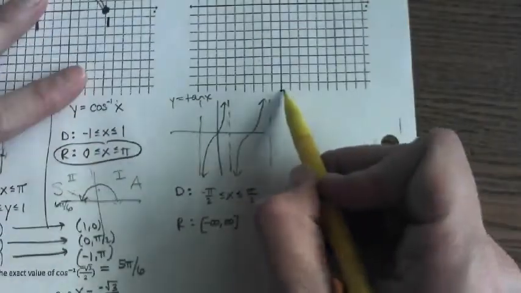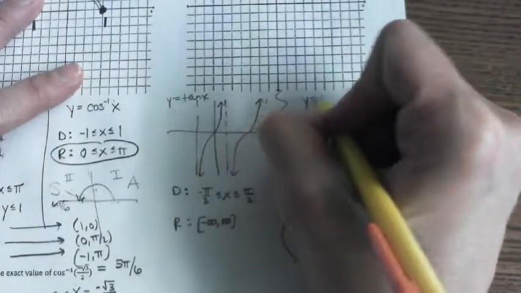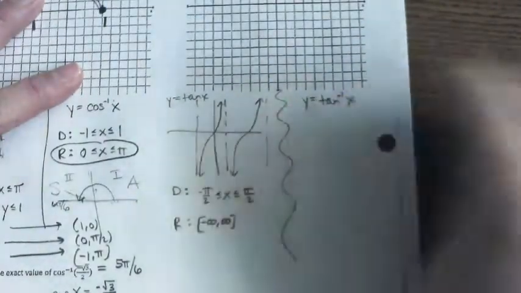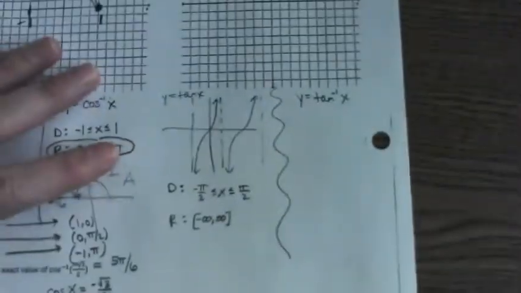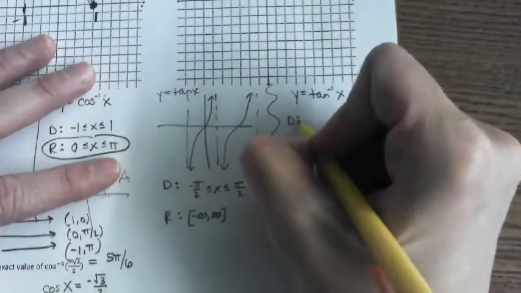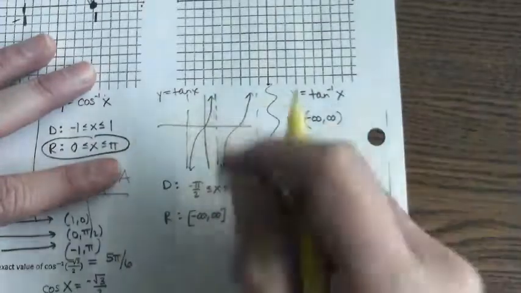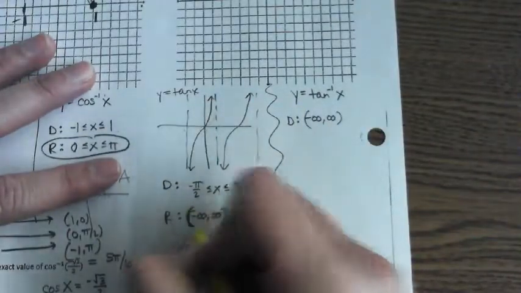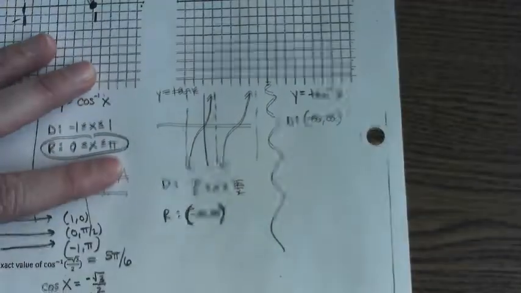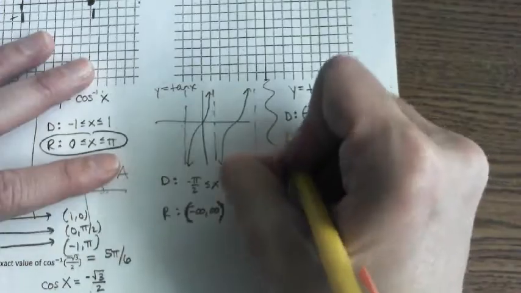So when you invert this, your domain is going to be negative infinity to infinity. Oops, why did I use brackets around these? Nobody corrected me. And our range is going to be,